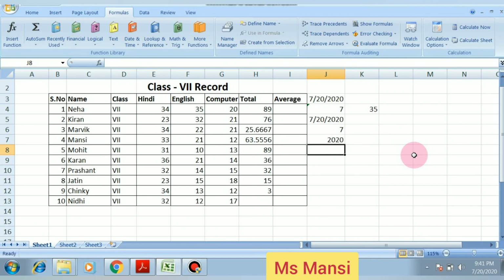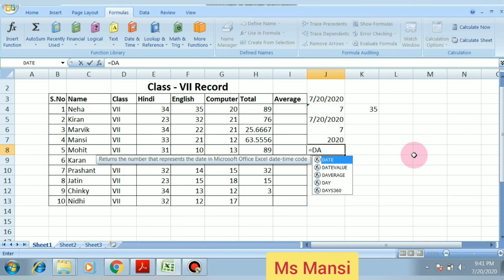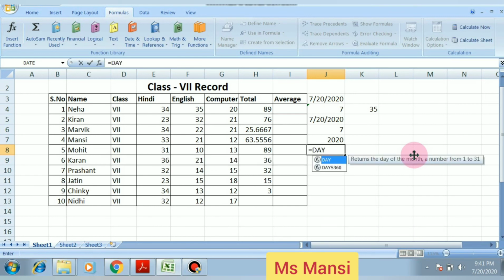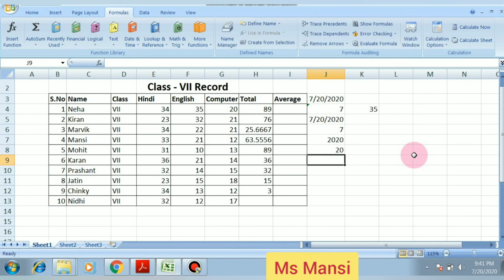Okay. Now you want to apply a day: equal to day, today, opening bracket, closing bracket and main bracket close. 20. So the day is 20. Okay, understood?